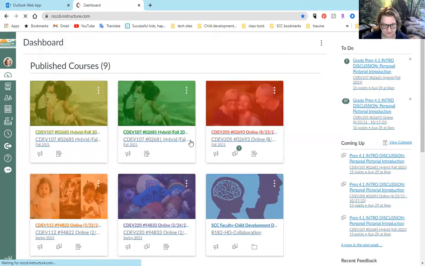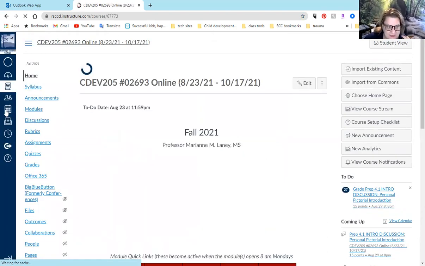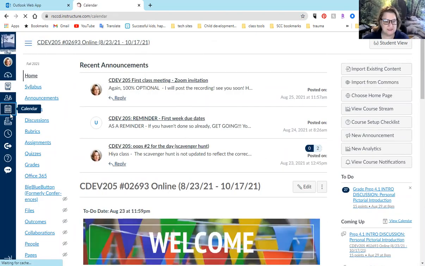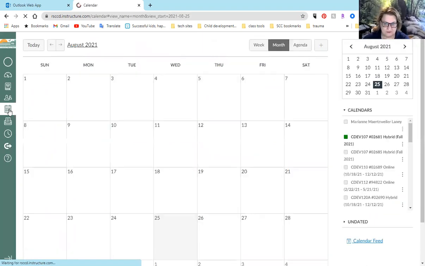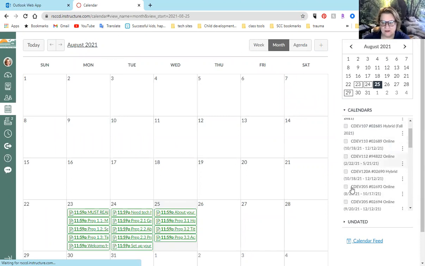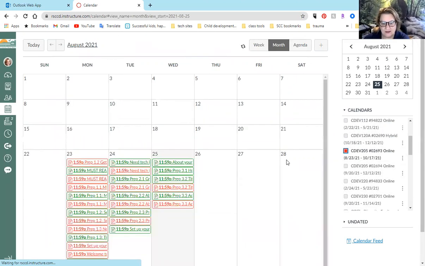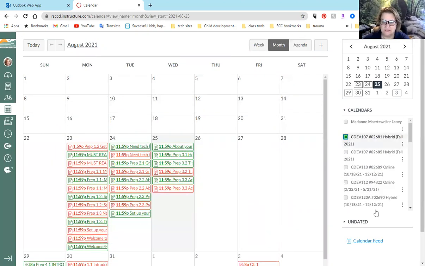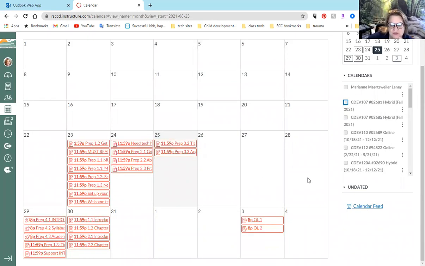These are all the classes I've got going on right now. This is us right here. I made it red. Use the Calendar on your navigation panel. It works for me. Right now you see I have the green one clicked. If I click this red one, it's Christmas. If I take off the green, it just shows me the red. So all your classes can have different colors.